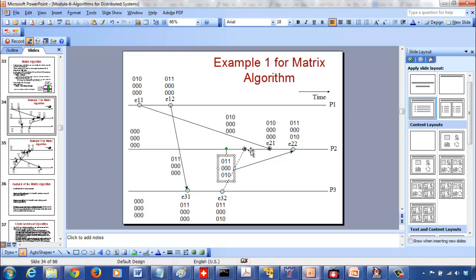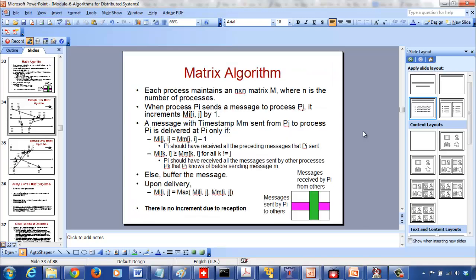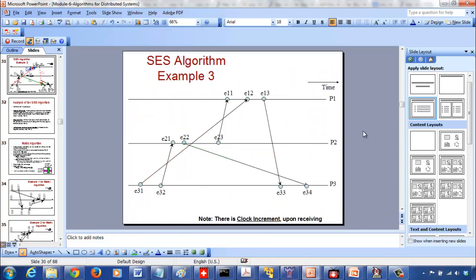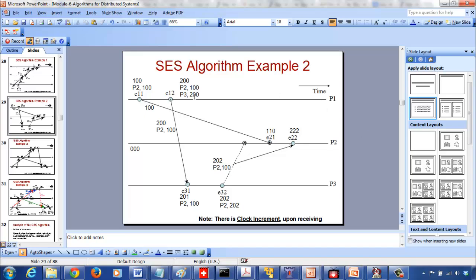So that's why, in the matrix algorithm, the columns keep track of the messages that you should have received from the other processes. That's why you primarily increment row-wise when you're sending messages, and you don't do any updates when you are trying to receive a message. Whereas in the SES algorithm, which is unicast based, you increment the clock value when you receive a message. And that's because after you receive a message,